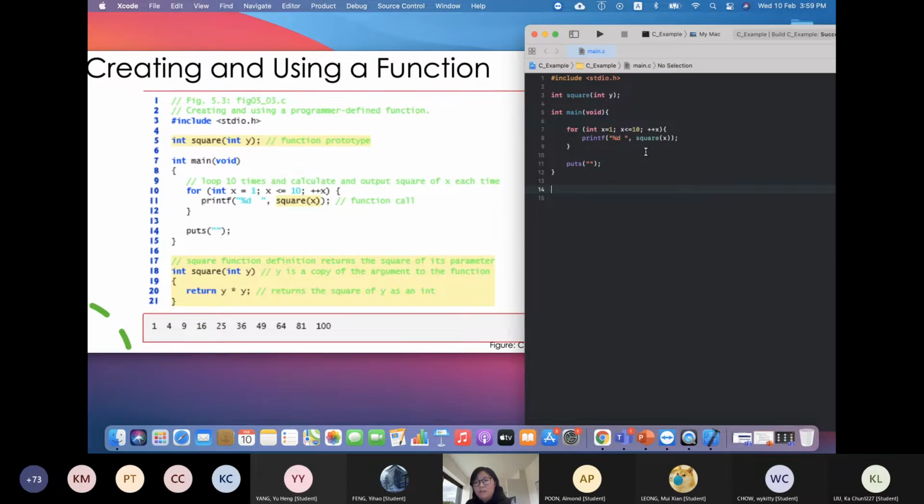And now we need to define this function. We have known the general format of a function, and this int is the return type of the function, which means that the function will return a value, and this value is an int type. The square is